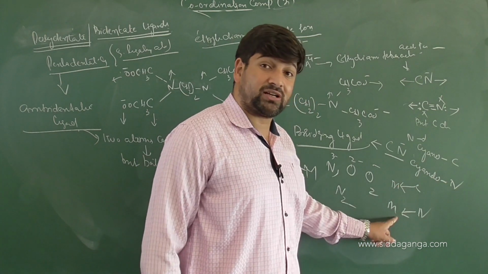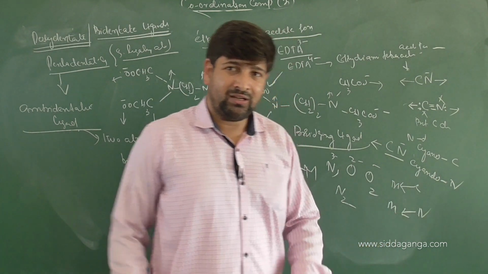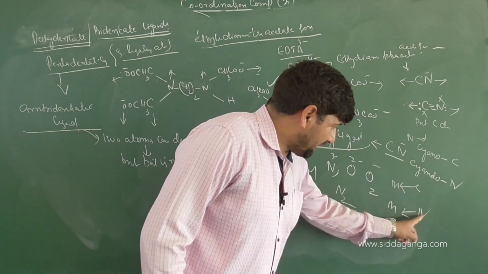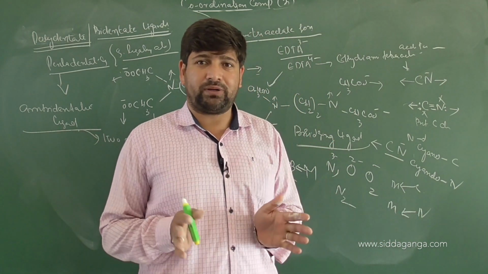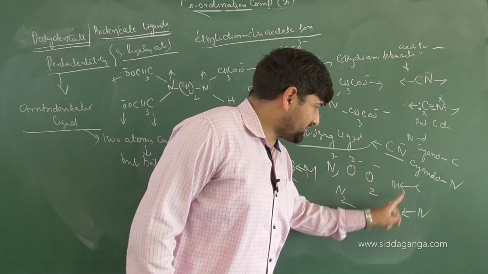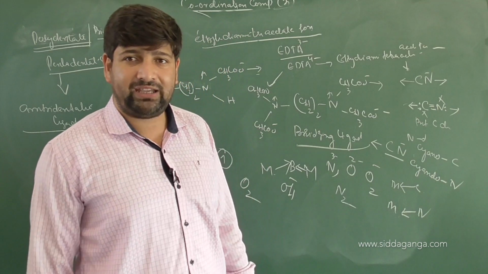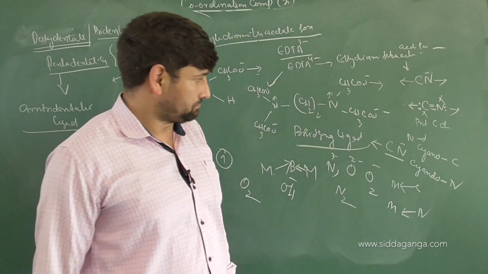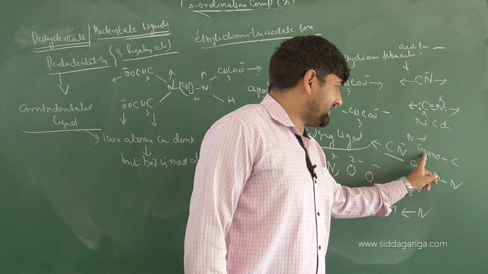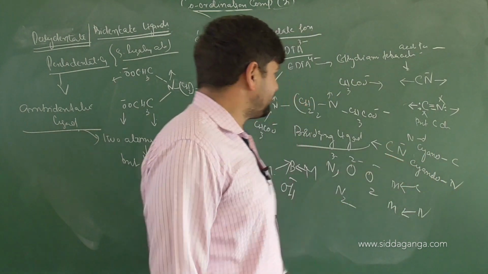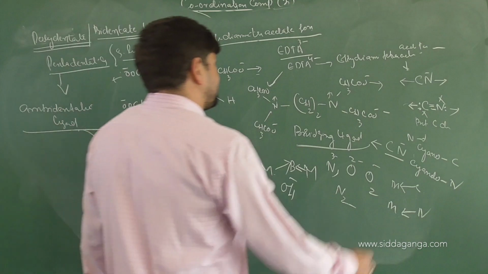This isomerism is called linkage isomerism, because the bond strengths will vary. Will the metal carbon bond and metal nitrogen bond be of the same strength or different? Obviously different strength. Because the strength of the bond is different, physical and chemical properties will definitely vary. Clear? You call this sometimes cyano, and this is called isocyano. Clear or not?